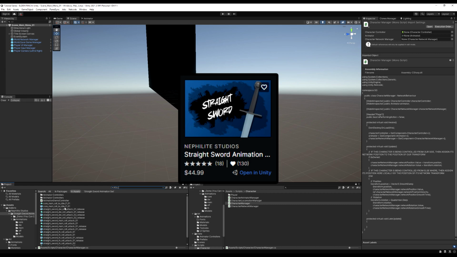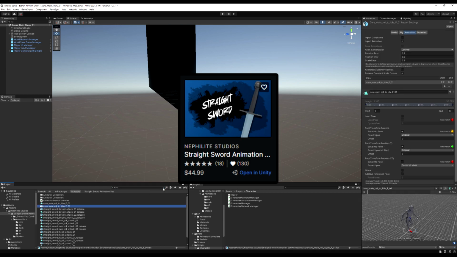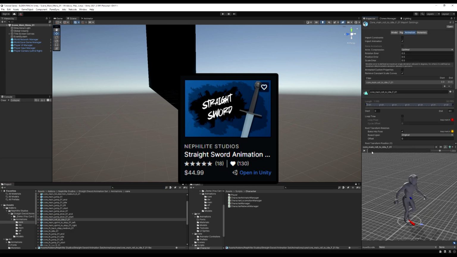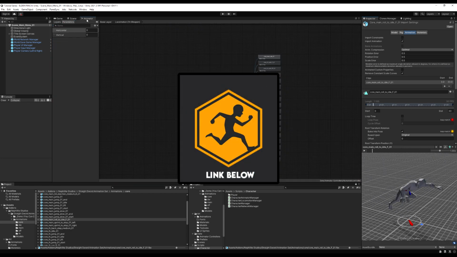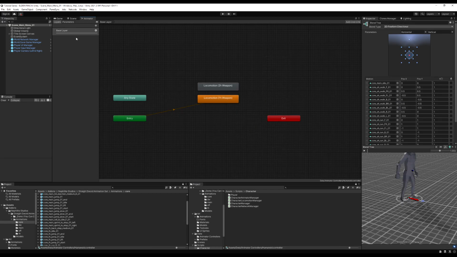All right, so next I'm going to navigate to my rolling animation. If you have the same asset pack again, there is a rolling animation there. Here's a preview of it, and if you don't, I'm going to show on screen now a place called Mixamo where you can get some free animations, and I think they have rolling animations. I do believe so. So let's go to the animator window and go to layers. We're going to add a new layer.